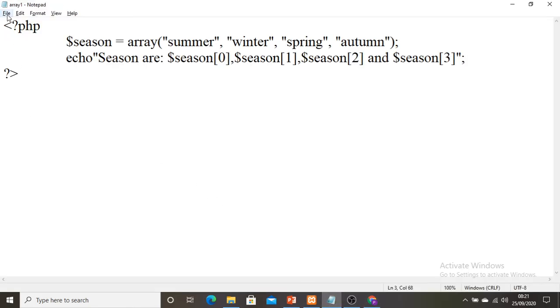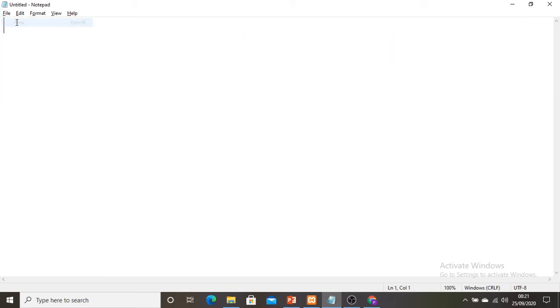Okay, so let me go back immediately and check out the second way of describing the array. I will take a new file, then I will write the PHP syntax here. Right here I am going to get the second way of executing the array. Here particularly I will describe each value with the subscript. I'm using the same copied and pasted session type of thing here. So season 0 I am marking again as summer,